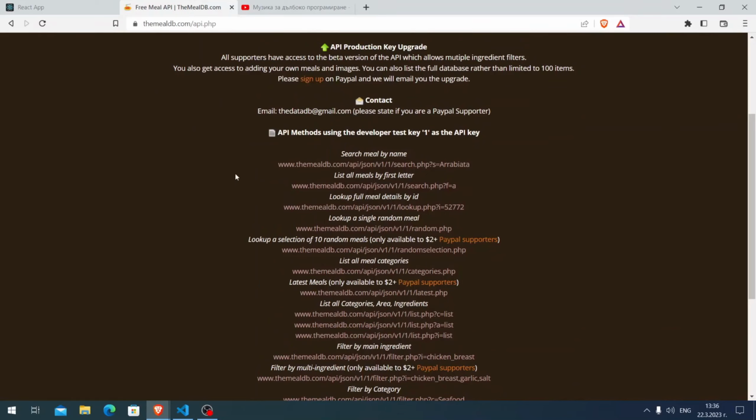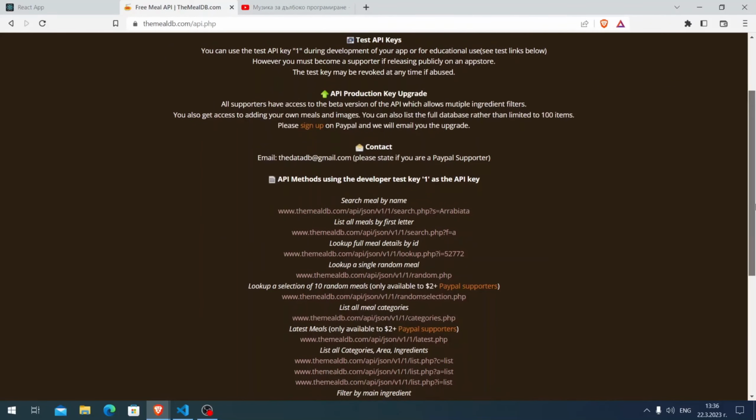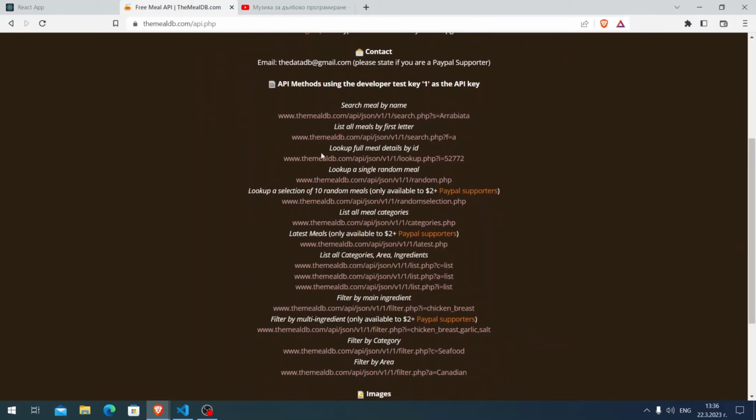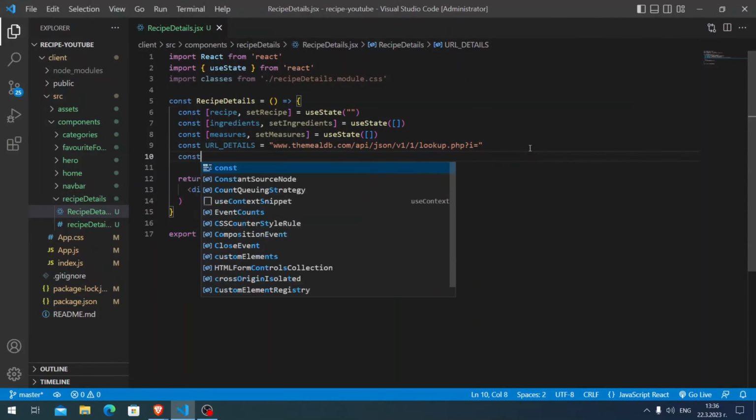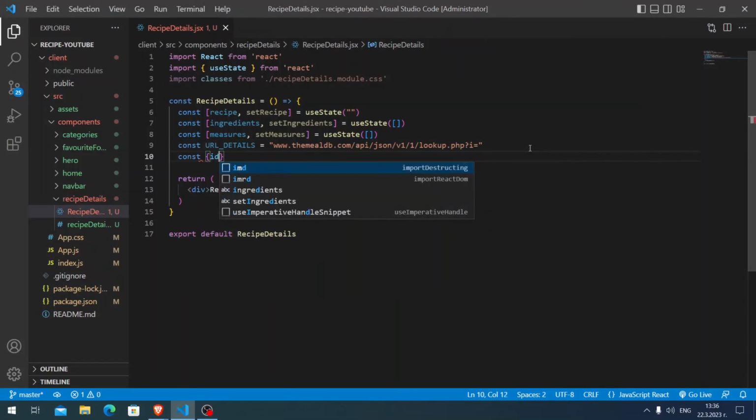Wait, I'm reading the title here, so it is themealdb.com, not TheMeal API. Okay, I got confused with the name here. Where is it? Look for the meal details. Yes, this thing here. So let me copy it, and here just the equals. I'm not going to copy the ID because it's going to be dynamic. And here const URL_DETAILS,